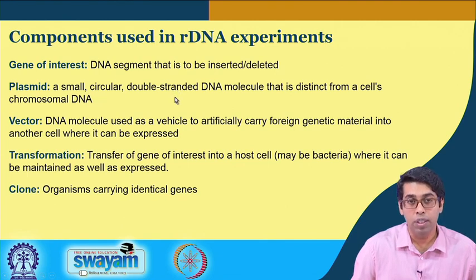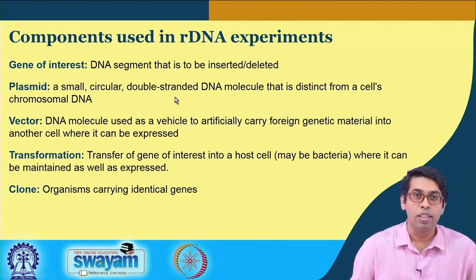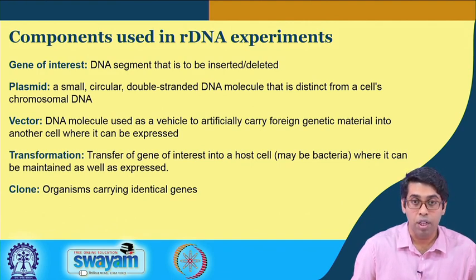On the other hand, if you think about the genome of a bacteria, then the bacterial chromosome will be in the order of hundreds of thousands to even millions of base pairs long. So, these plasmids are circular DNA, but they are much smaller than a chromosomal DNA, but they have all the properties of a chromosomal DNA, so that they can self replicate. Okay. When this plasmid is used to express our gene of interest, we call it a vector.